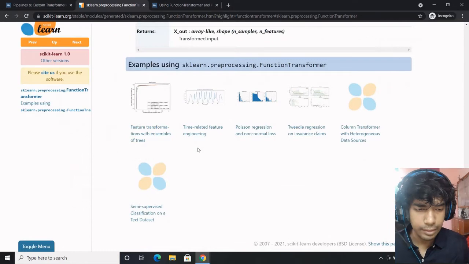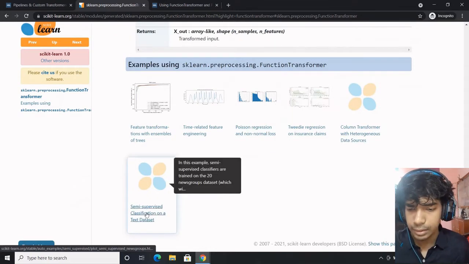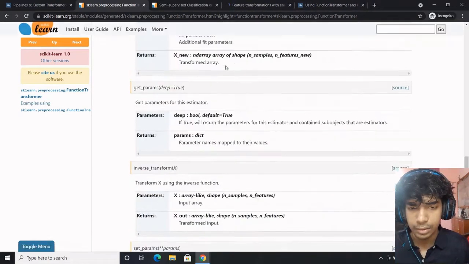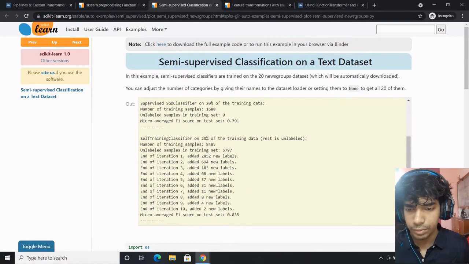And let's see where it is used. Some examples. Let's say this is one example we can check out where a function transformer is being used.